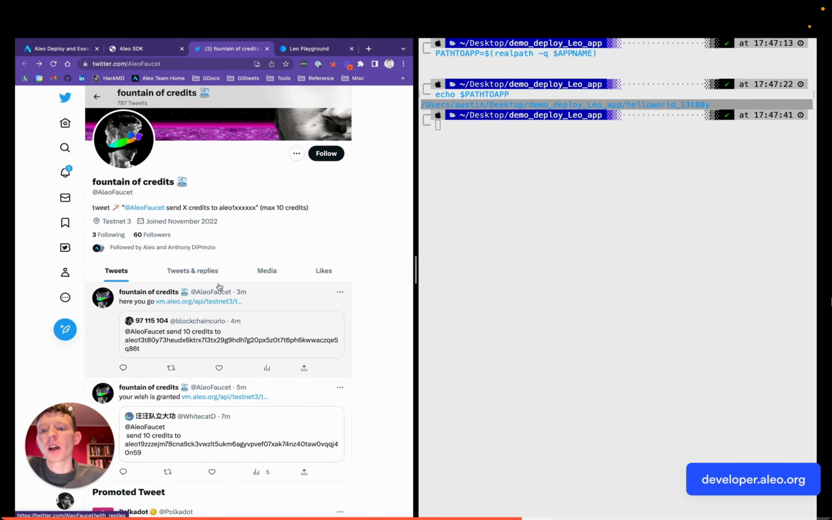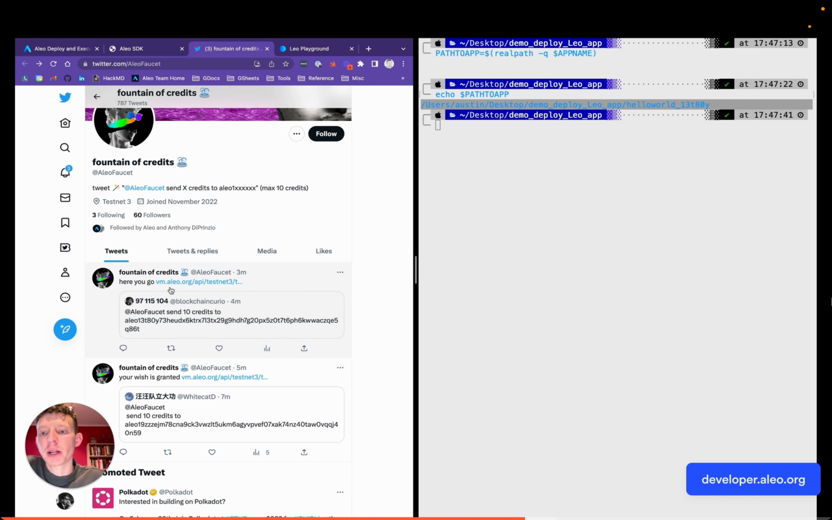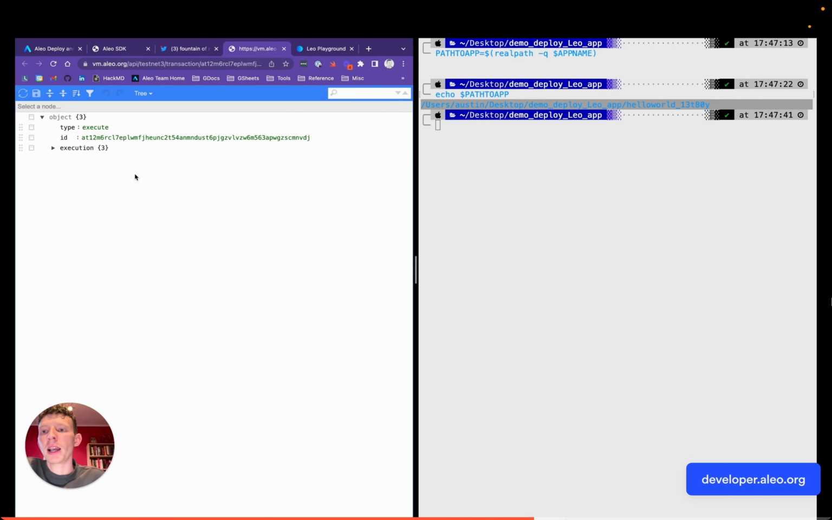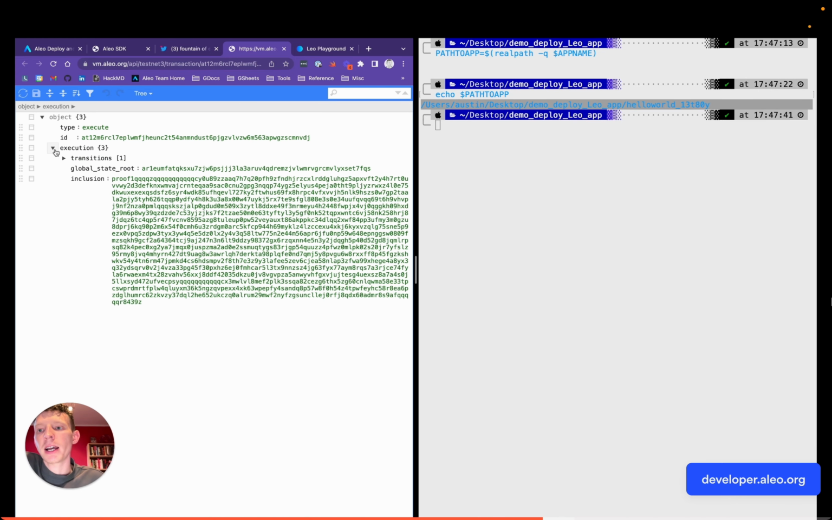Awesome, it looks like it has. Once Aleo's Faucet has retweeted your request, you'll want to look for this link, which has a prefix of vm.aleo.org. If you open up that link, you'll see here a JSON object that is returned. This is your actual JSON object that is tied to your wallet address, as well as the tokens that were